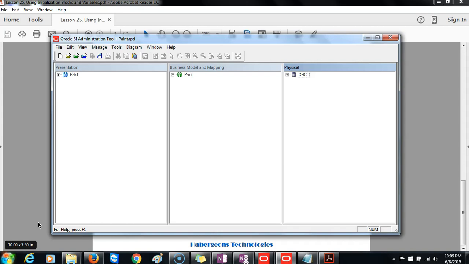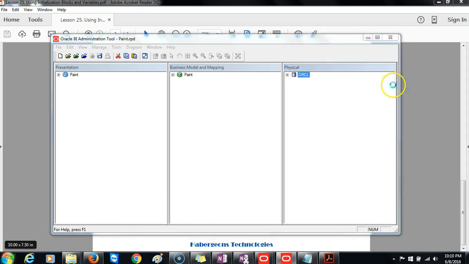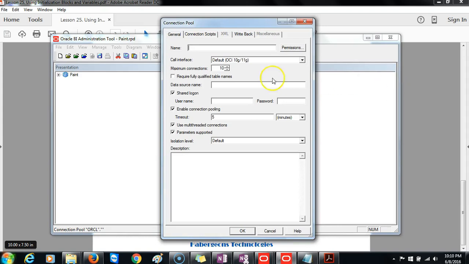Now that we understand the importance of resource usage efficiency, we need to create a dedicated connection pool for use with all our initialization blocks. In the physical layer of the Administration Tool, we'll right-click on the database and choose New Object, and then we'll choose Connection Pool. Once the Connection Pool window comes up, we will enter init block, shortcut for initialization block, and the Oracle call interface will be left at the default 10G, 11G, and then the data source name will be the database which is installed, which is ORCL,